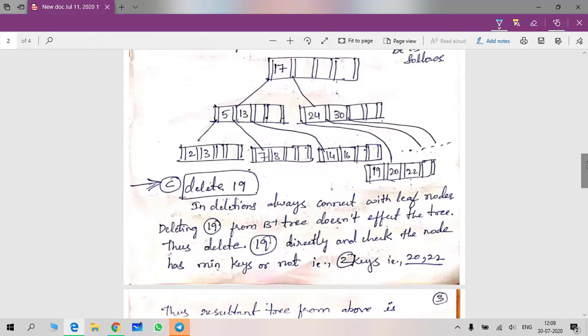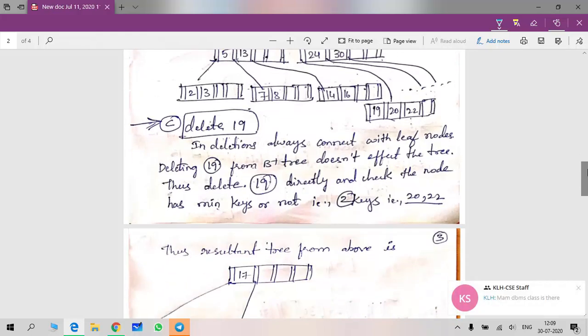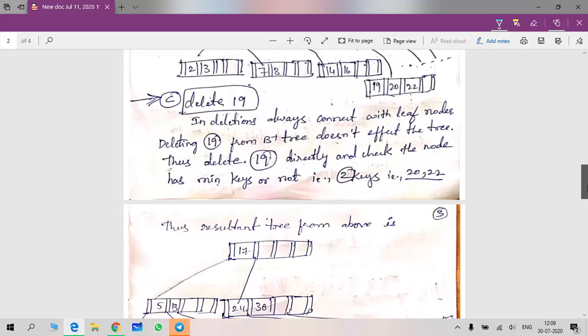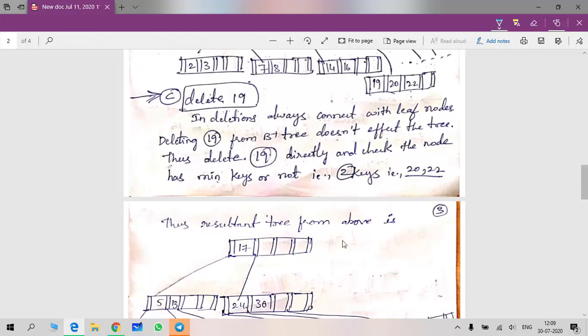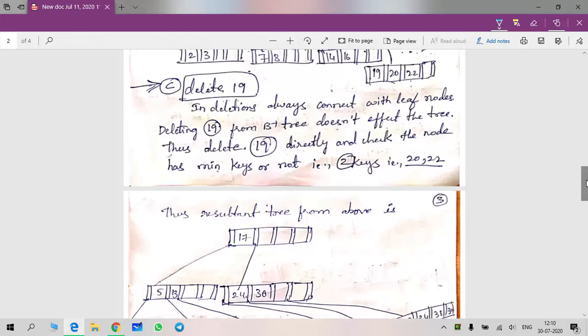Now deletion. So insertion is completed successfully. Now let us go to deletion. While doing the deletion operation, we have to consider two major rules. That is, when we are trying to delete an element from a node, that node must have minimum 2 keys, right? And whenever we are deleting an element from a node,